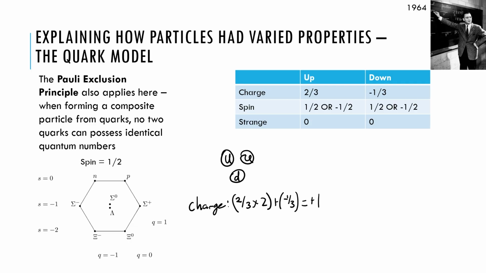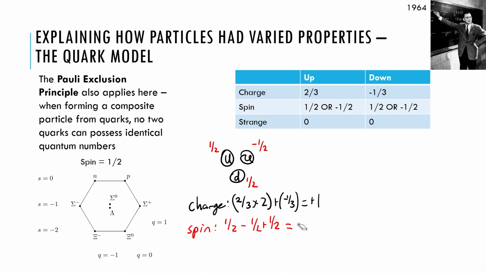Now, all three of these quarks are going to have a strangeness of 0, which means based on charge and strangeness, these two up particles currently have identical sets of quantum numbers. The only remaining quantum number left is spin, and these must be unique to satisfy the Pauli exclusion principle. What this means is one is going to have a spin of half and the other is going to have a spin of -1/2. Now, as it stands, these two spins combined together gives an overall spin of 0. However, the proton needs to have a combined spin of +1/2. What this means is the final down quark has to have a spin of +1/2 in order to satisfy.